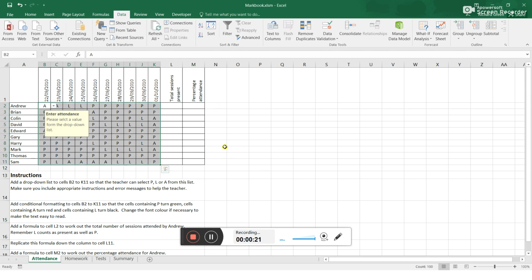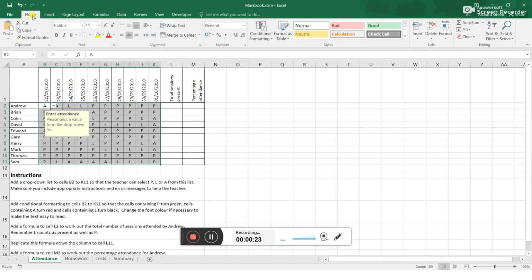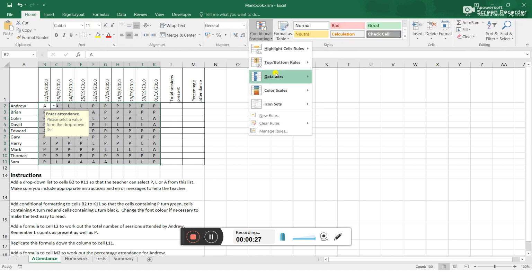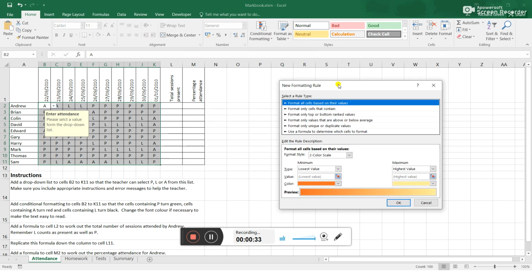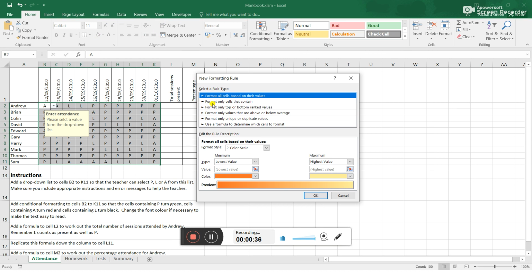Now I'm going to go up to the top of the screen and click on the Home menu up here, and then move over to the right and you'll find Conditional Formatting. If I click on it, there's loads of options. We want the one at the bottom to add a new rule. We'll click on that, and then on this dialog box I want to choose the second option, format only